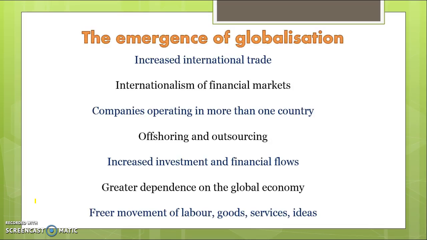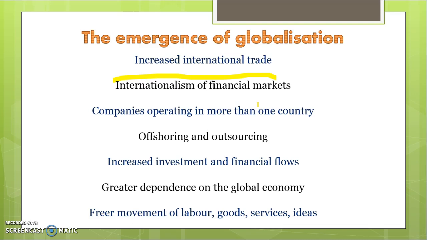So when we're talking about globalisation, when you're defining it, all the things that are incorporated within globalisation, again, it includes increased international trade. So removing tariffs, removing quotas, subsidies. We talked about local content rules, removing barriers to trade between countries. This idea of internationalism of financial markets, okay, a lot of that means that countries can borrow from each other, and there's freedom to borrow and lend all around the world. So that's another part of it, which we'll talk about in more detail.